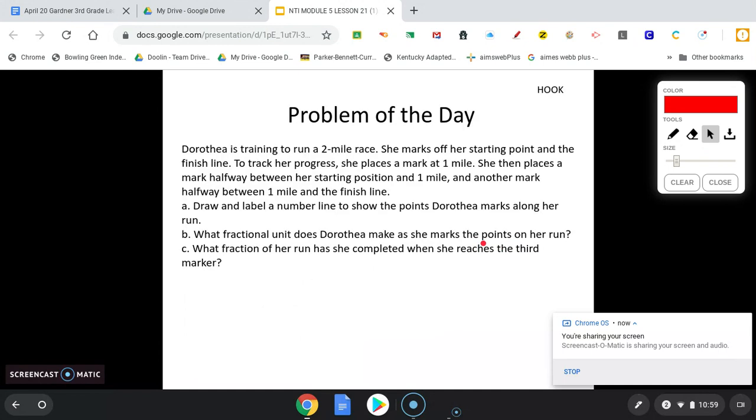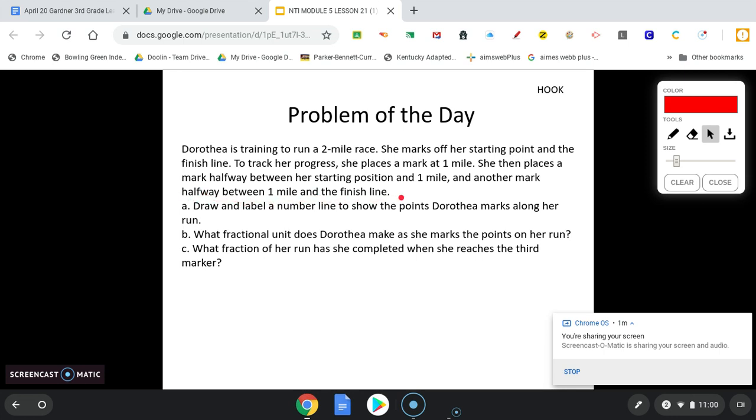So, we're going to begin with our problem of the day, and in your packet, it is the application problem. So, let's read this together. Everyone ready? Read. Dorothea is training to run a 2-mile race. She marks off her starting point and the finish line. To track her progress, she places a mark at 1 mile. She then places a mark halfway between her starting position and 1 mile and another mark halfway between 1 mile